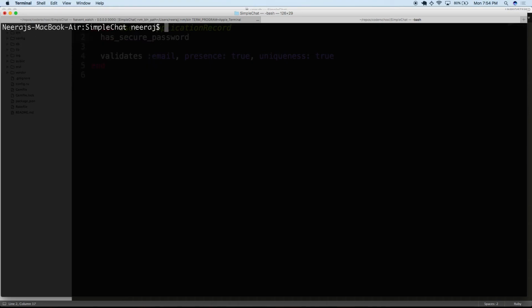So the authenticate method, can someone summarize for me what it does? Exactly. It encrypts the string you put in using the same salt as the digest, and then it compares whether or not it's a match and tells you if it's good. Fantastic. Cool. So now that we have our model set up, let's go ahead and